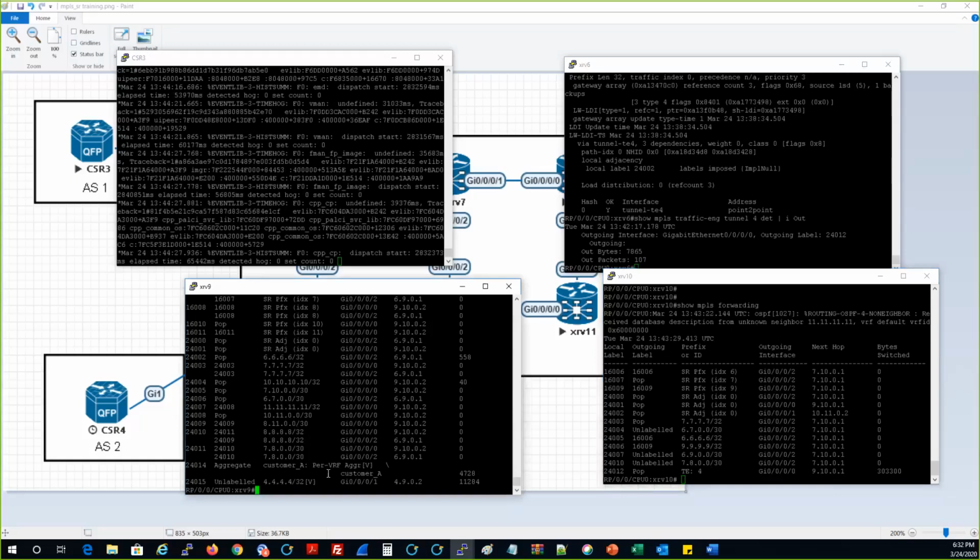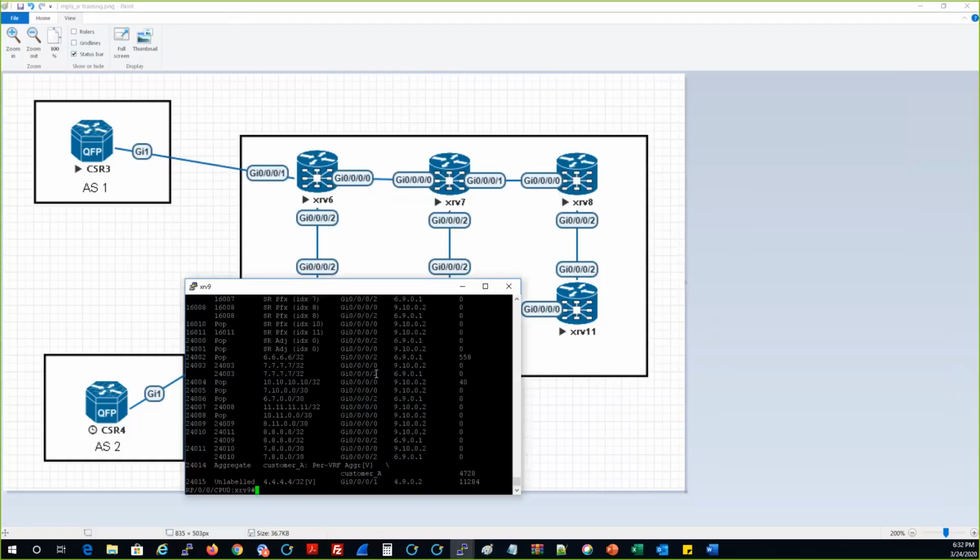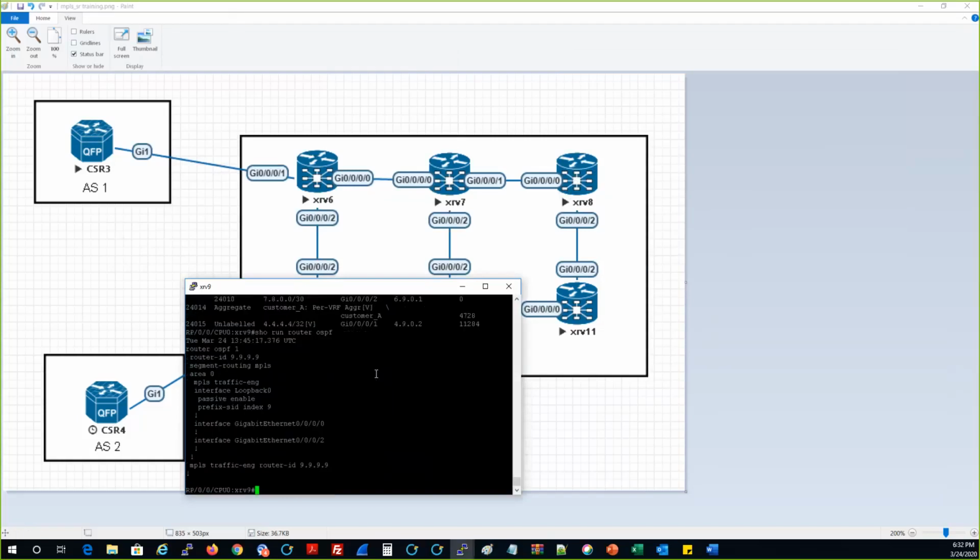So next, what we're going to do is go from the reverse direction. We're going to go from CSR4 to CSR3, and this time we're going to use segment routing. Segment routing, for the most part, is in place in these routers. I will show that now. So we have segment routing MPLS. What we need to add